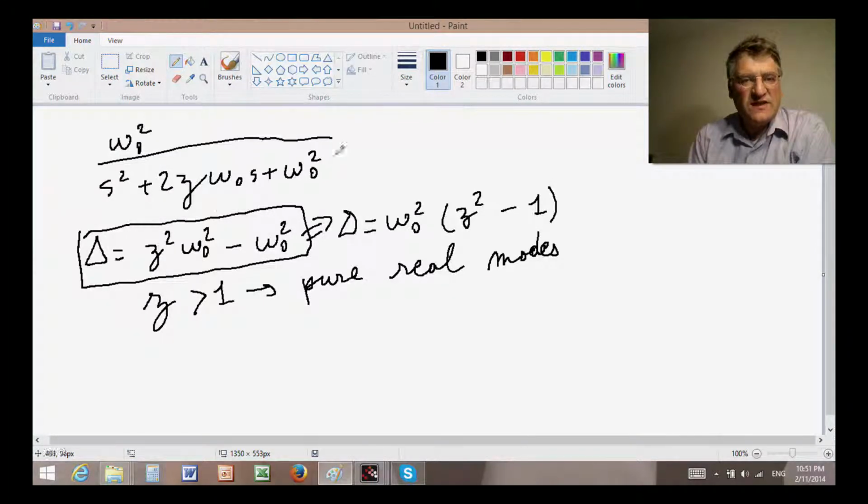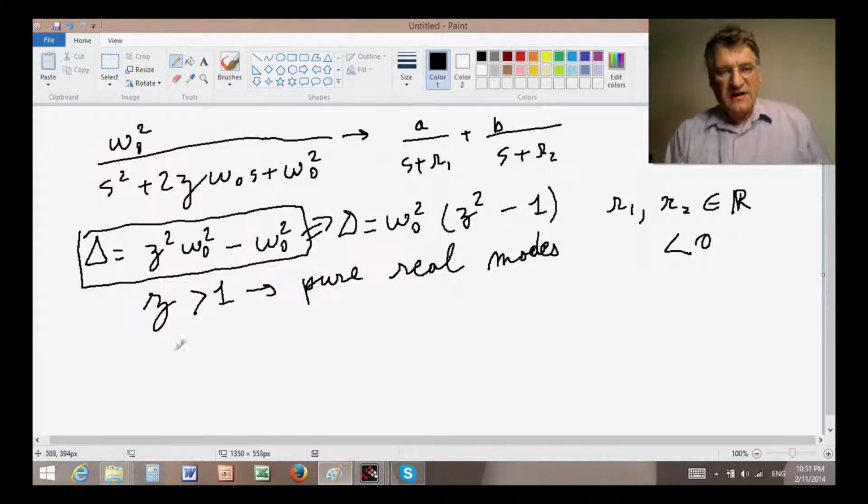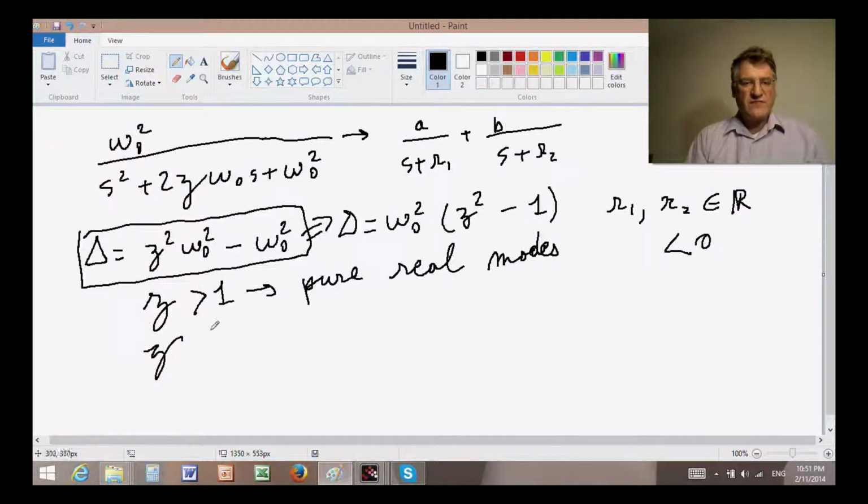And in that case, that means that we can rewrite this guy as a over s plus r1 plus b over s plus r2, and r1, r2 are real and negative. Okay. Now, if zeta is less than 1, then we have complex conjugate